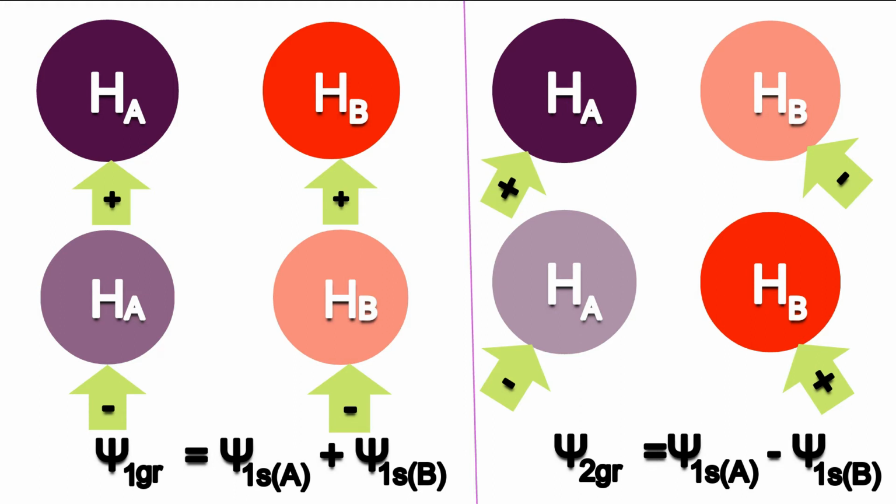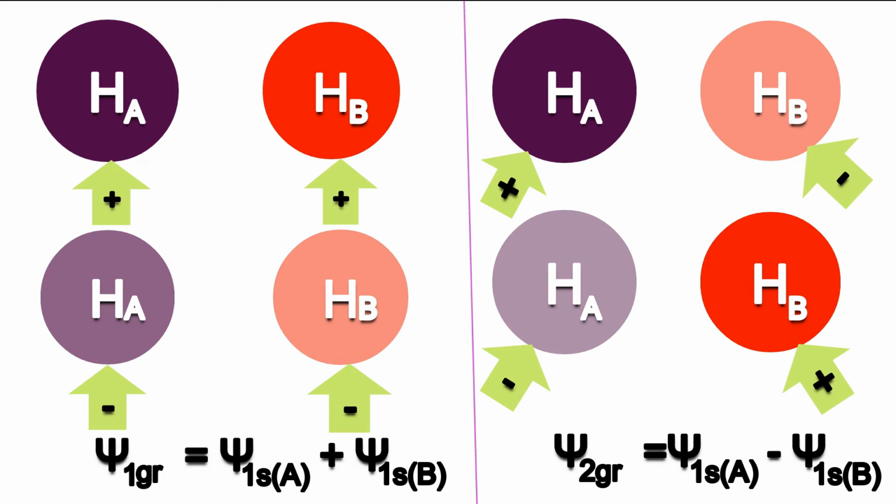Hydrogen B. Similarly, the right compartment interaction of group orbitals can be represented as psi2, meaning the second wave function of group orbitals. Psi2 group is equal to psi1s, for hydrogen atom A, minus